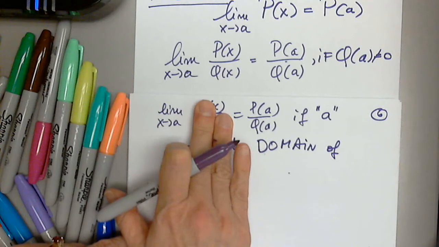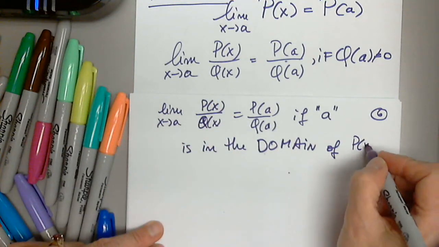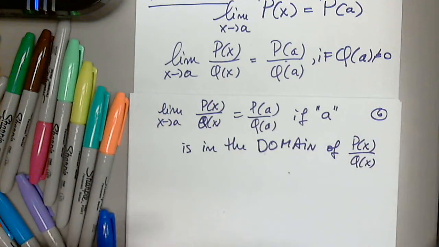This is the rational function P of x over Q of x. Good. So we do have the concept of continuity here, but I want to stop and work on some problems together. On page 113,